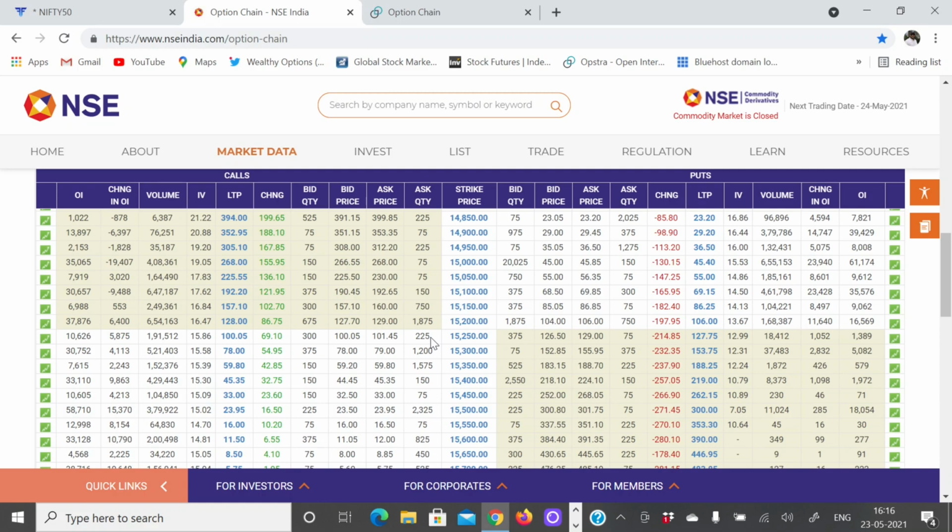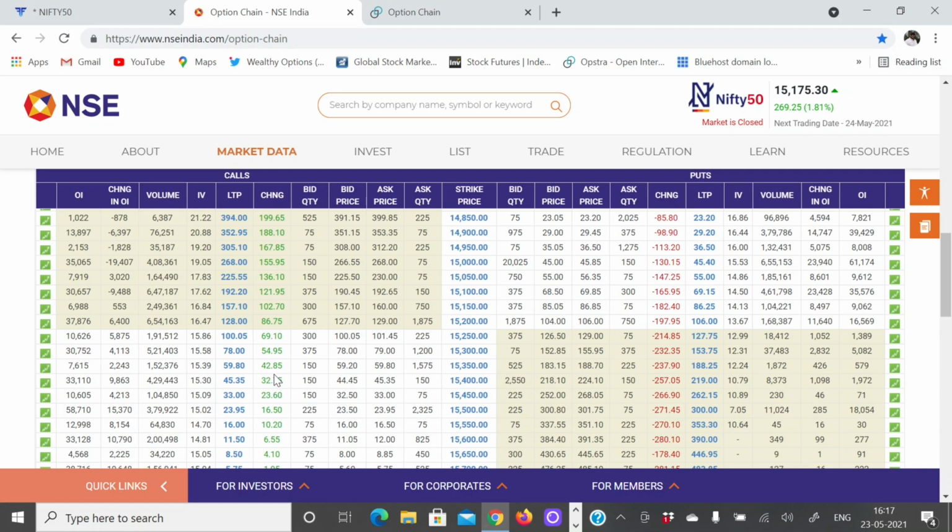Now let's look at the other important information we can get from the options chain. I'm moving on to LTP, which stands for latest trading price, which is nothing but the current trading price. It gives the current trading price for each of the strikes, both for calls and also for puts. Let me take the 15,200 strike as an example. From this options chain, we can find out that the 15,200 call option is trading at 128 rupees. Similarly, the 15,200 put option is trading at 106 rupees.